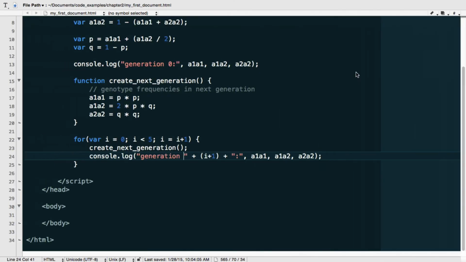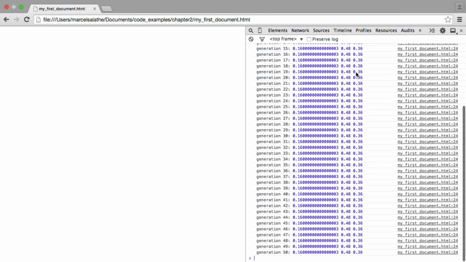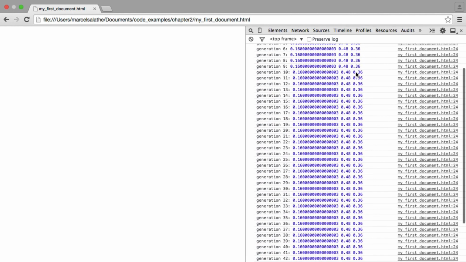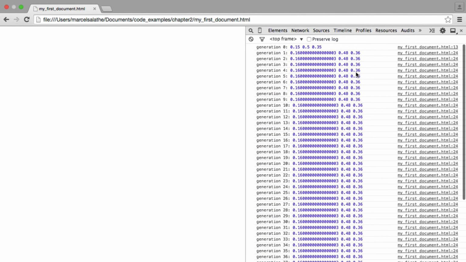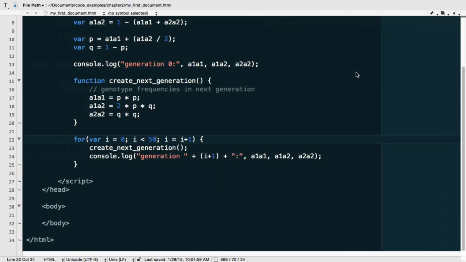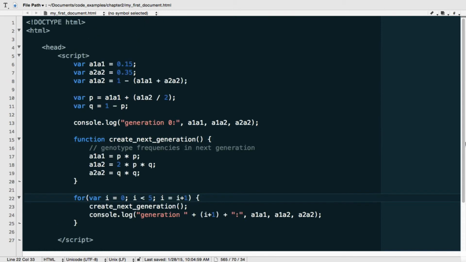And just as a sanity check, we could now go back and say, hey, you know what, do this for 50 generations. So I'm just going to make this condition here to be 50, save it, go back, reload it, and yes, here it is. Okay, 50 generations and so on. You could of course do this for 500 or 5 million generations, but I'm not going to do it. I think you get the idea. So this is now pretty much the final product of our code, and it's pretty nice, isn't it?